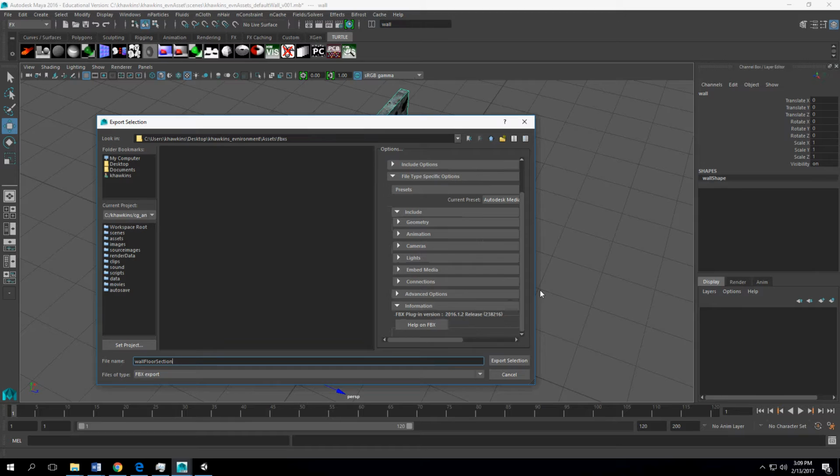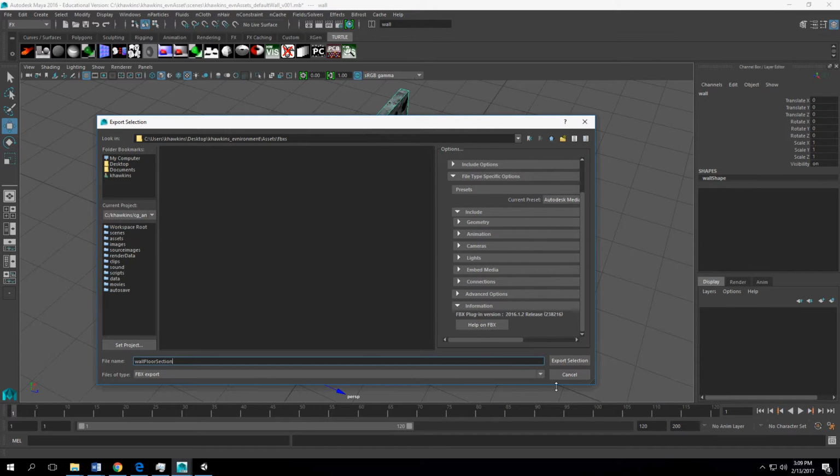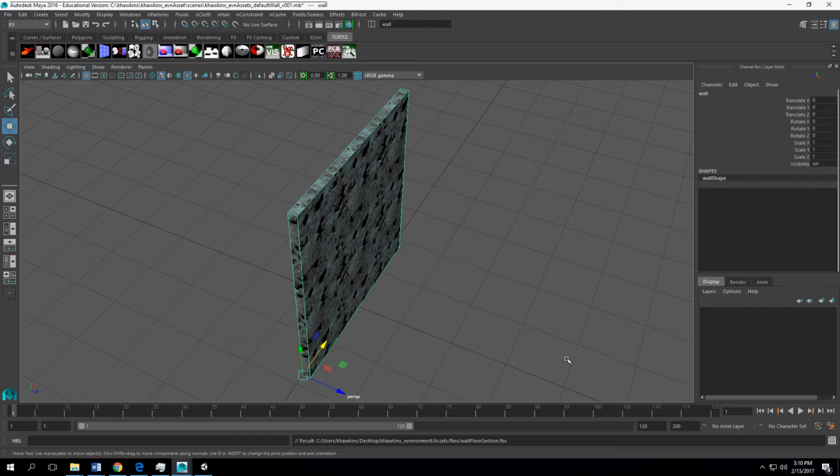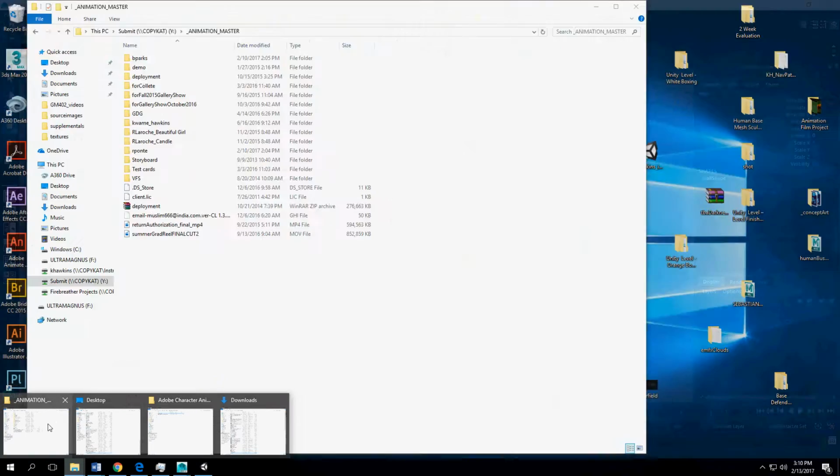Now, when I export it out, all this stuff should relatively reset. So I'm going to leave it as is. Export selection. Now, I'm going to go to